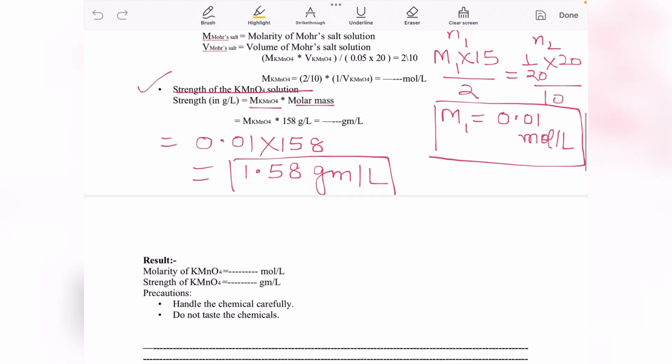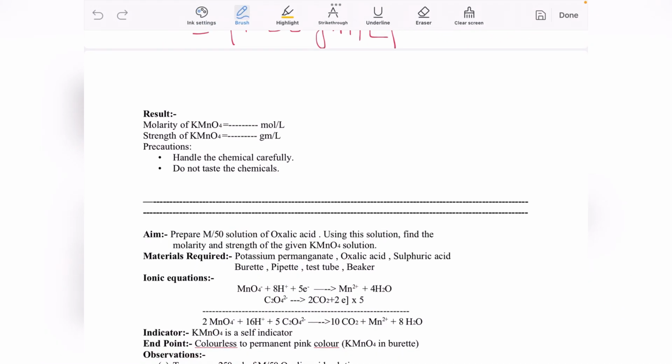Now after the calculation, the next step is to write the result. Molarity of potassium permanganate is 0.01 mole per liter and the strength is 1.58 gram per liter. Then the last step is to write the precaution. Handle the chemical carefully. Do not taste the chemical. So this is all about how you have to write in your board exam for the titration of Mohr salt